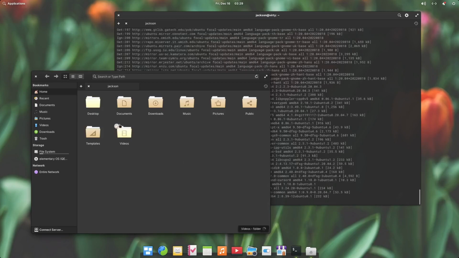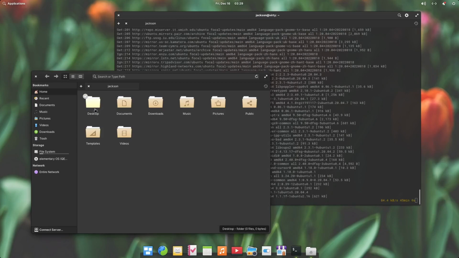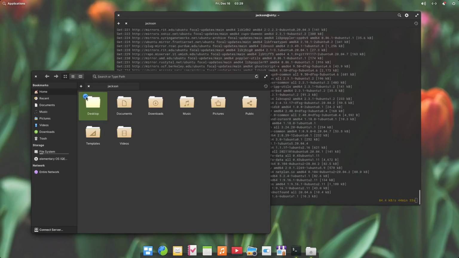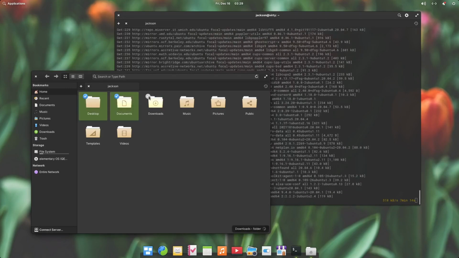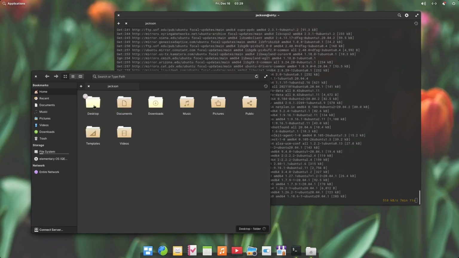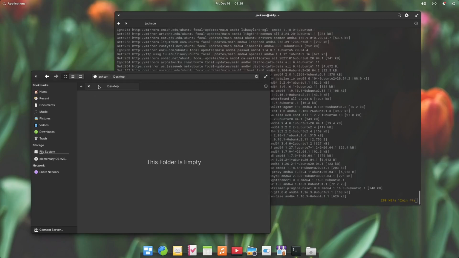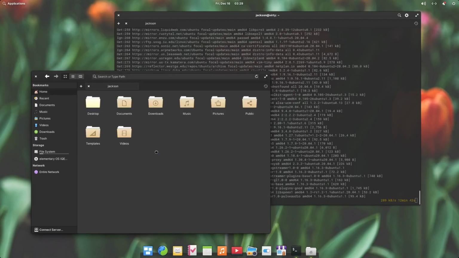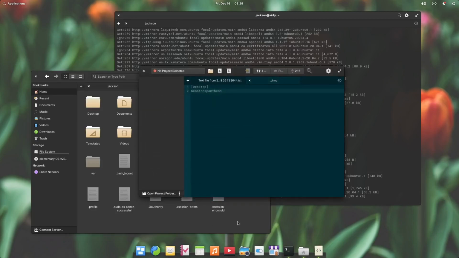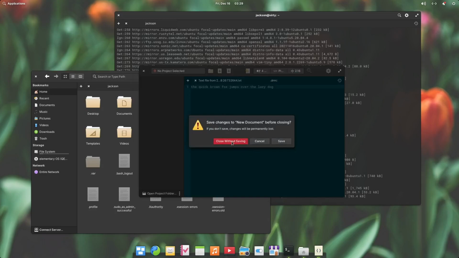But so yeah, you've got your file manager. Now, something weird is the file manager can take some getting used to, because to select a file, you have to click this check mark, and you can select them like that. And to open the file, you just click it. So you click once for a folder, but if there's like an actual file, you have to double click it. So that took a little getting used to, but yeah.